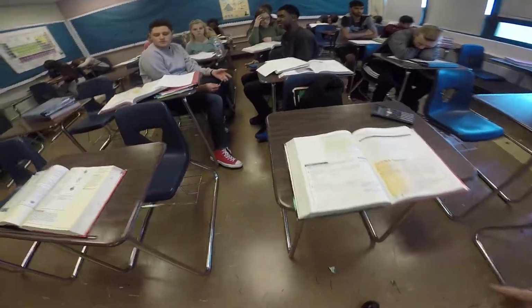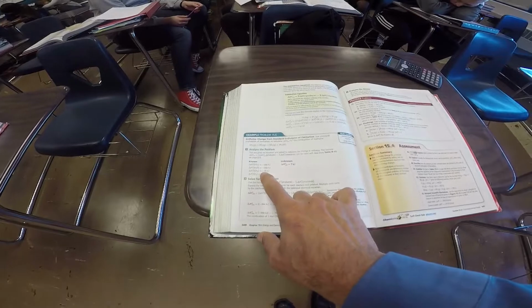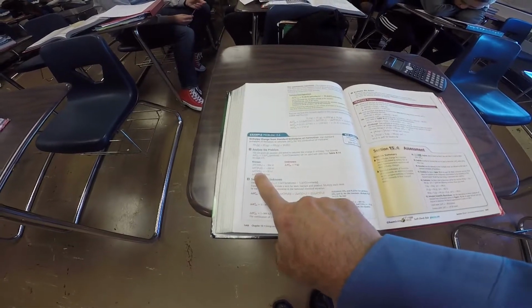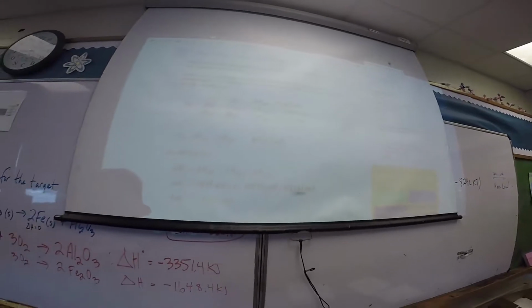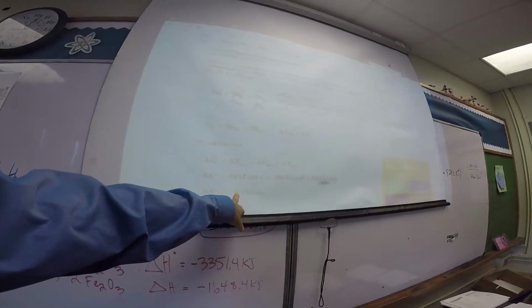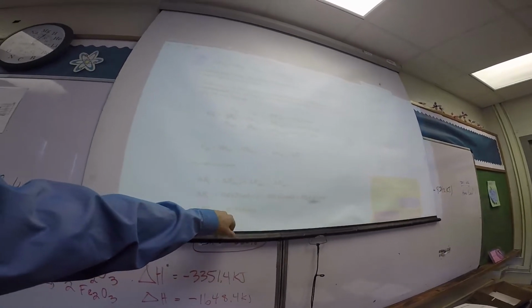So you can see that in the book right here where they have the negative 75 kilojoules for methane. Now on the internet they're close to that. They don't have the same value. Which one's probably correct? I would say probably the one in the book. They're saying negative 67 for the delta H of the methane